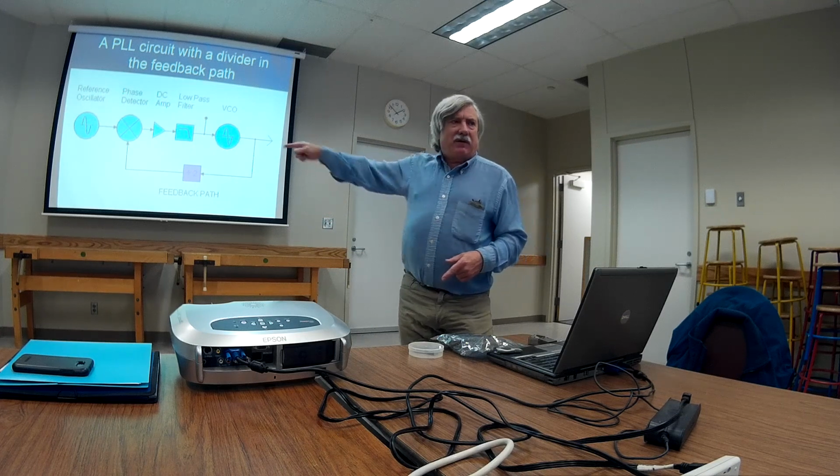Well, the phase detector still wants to see a 1 megahertz signal here and a 1 megahertz signal here. That's actually possible. That's something that could happen. Remember, our VCO, if it's got 2 volts into it, it'll put 2 megahertz out. Well, if it puts 2 megahertz out, it'll go through that divider in the feedback path and go back to the phase detector as a 1 megahertz signal. Well, now we've got a VCO putting out a 2 megahertz signal. There's a little bit more phase difference at the phase detector,